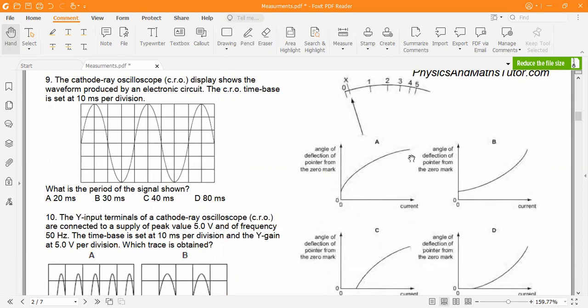So first thing we need to decide is whether, so we know that the graph is starting from x now. It is not starting from 0, it is starting from x. That's the first thing that we know, right? And they have said that x is actually 0. So basically when the line is at x, it means it is actually 0. That means there is already a little deflection. Even though the current is 0, there is already a deflection. So it will be either this one. If you see over here, when the current is 0, there is a deflection, or it is this one.